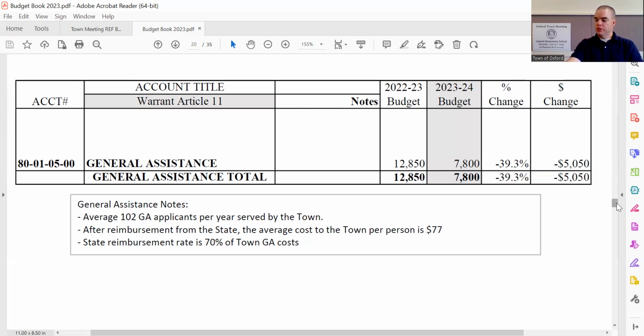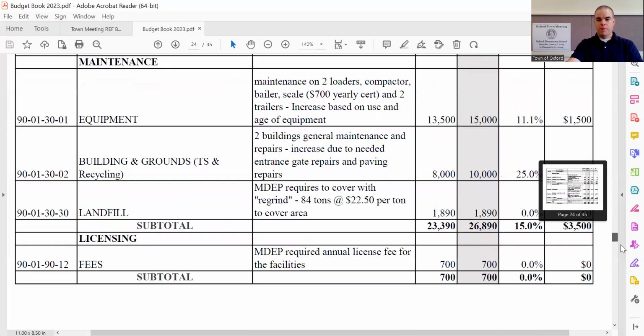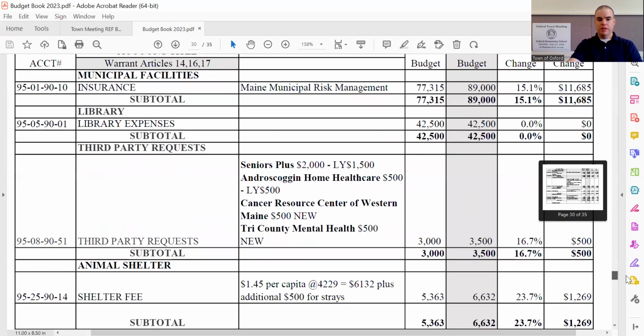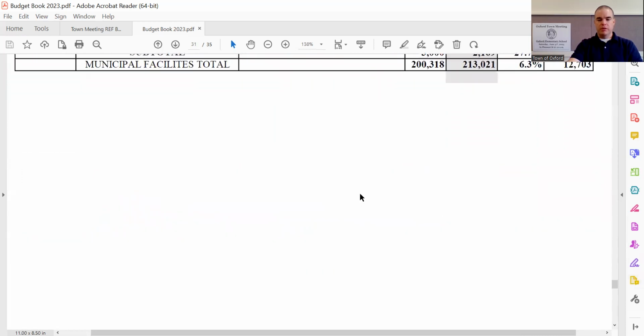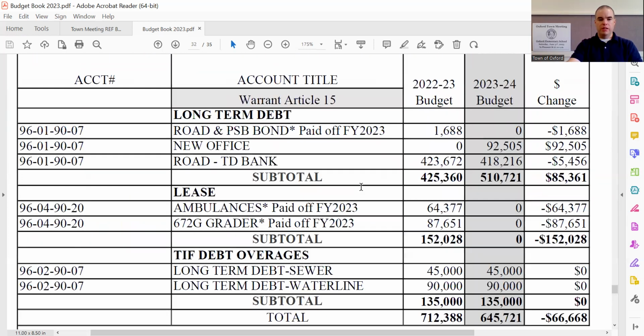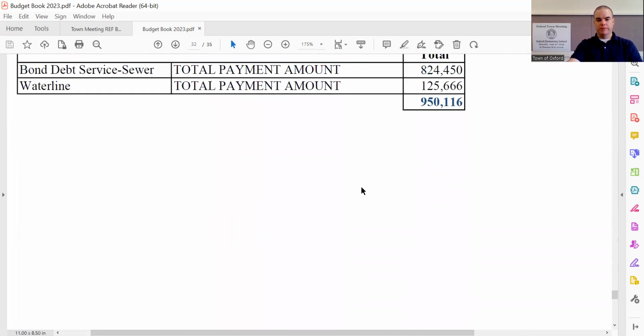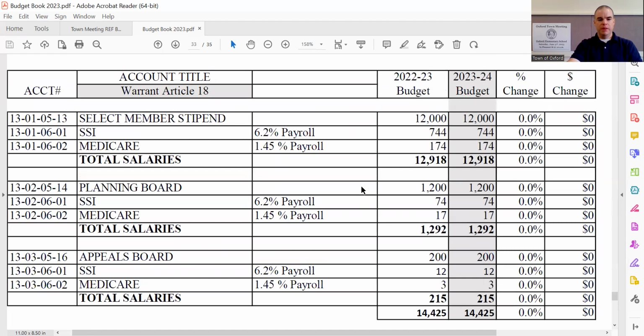So now moving on to the boards and committees. Boards and committees includes the Board of Selectmen, as well as the Appeals Board and the Planning Board. Here we are. For boards and committees, you'll find that under Article 18, all of these amounts stay the same. The total for these is